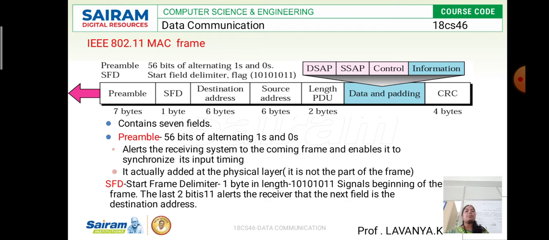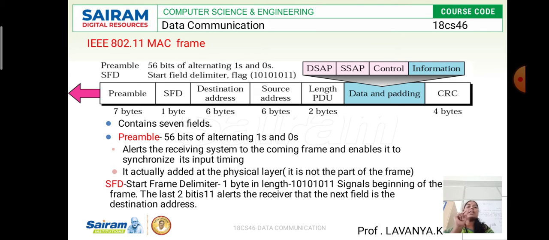In the IEEE 802.11 frame format, we have 7 fields. What are the 7 fields of the frame format? The first one is the preamble field, and the second is the SFD field, which is the start frame delimiter field.